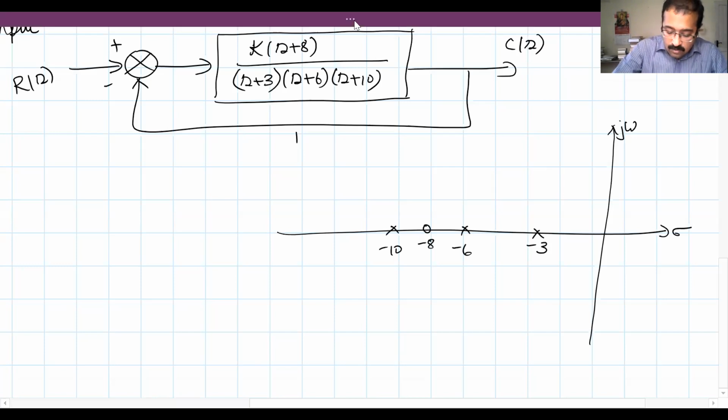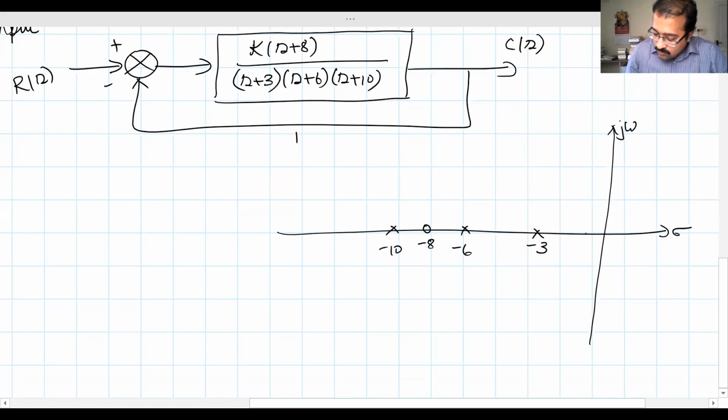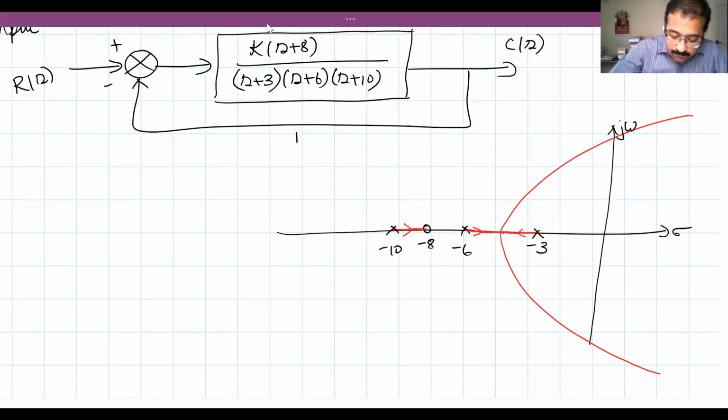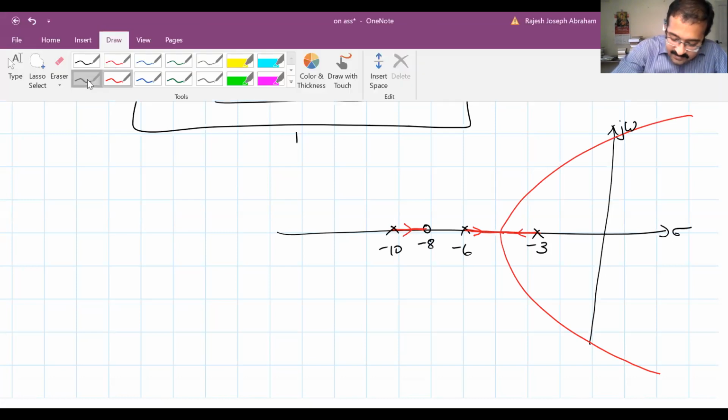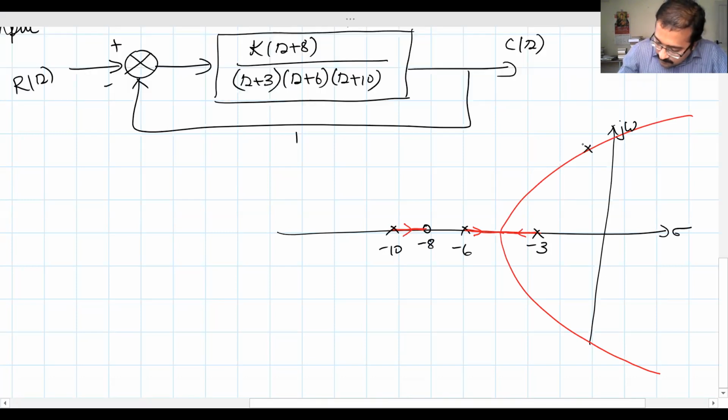So how will the root locus be for this case? This is not a root locus. This will be a root locus. One starts from here, one starts from here, so there's a breakaway point. And this will also be another root locus. It starts from here and ends at this point, right? So it is something like this. Where are our dominant poles? Dominant poles are closer to the j omega axis, that means somewhere here. There will be a complex conjugate dominant pole on the other half also. Dominant pole pair, that's what we say. It will be symmetrical.